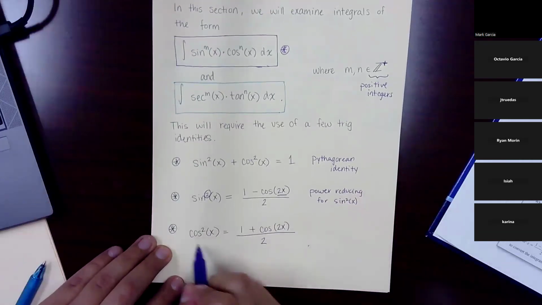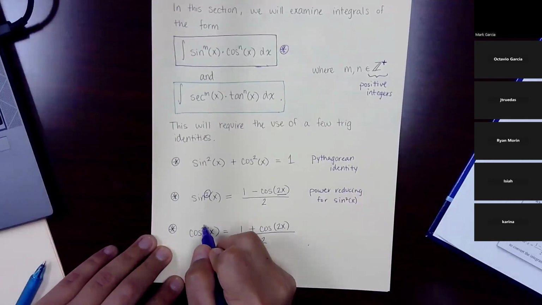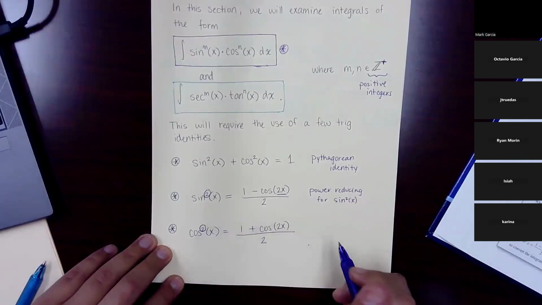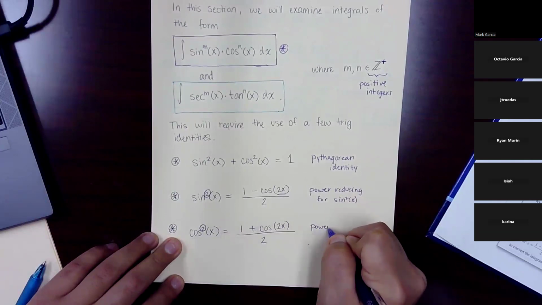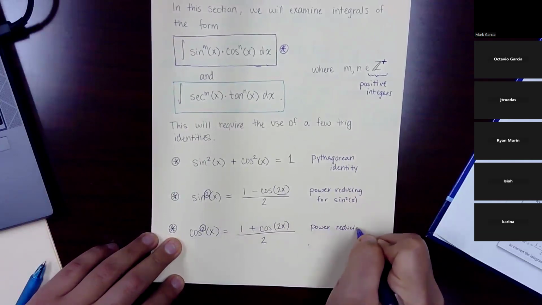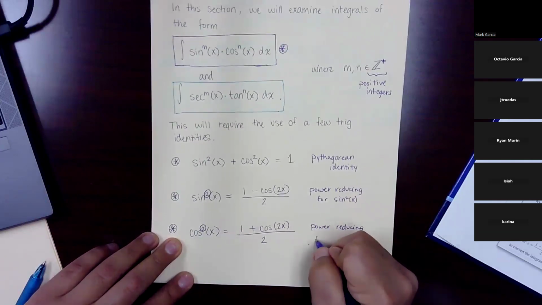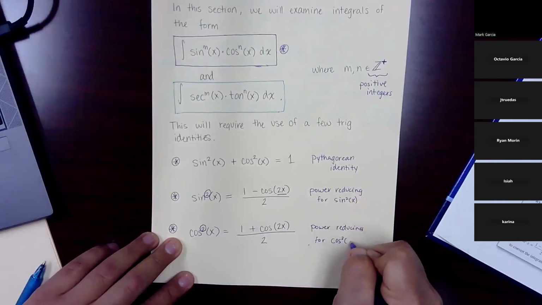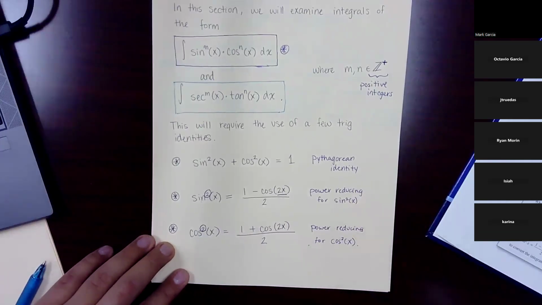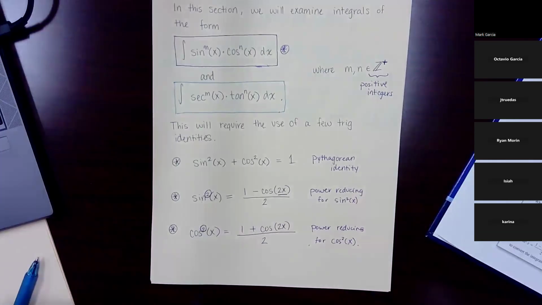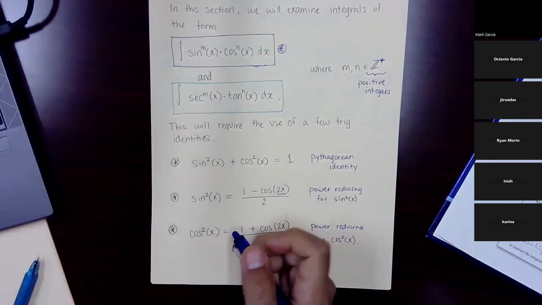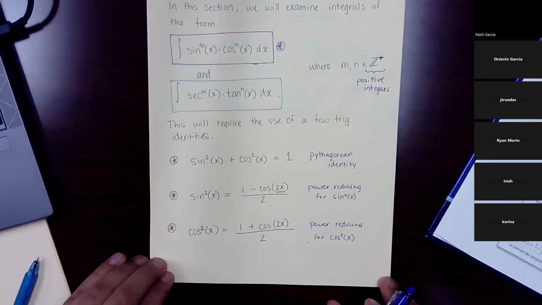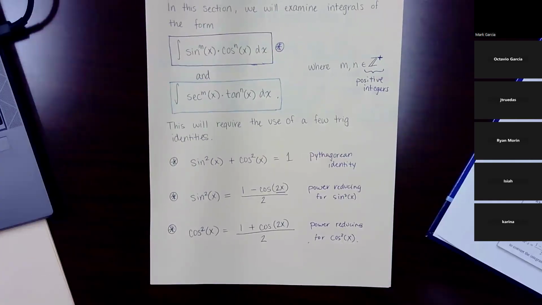And then this formula down here, we start with a cosine squared, and this is the power reducing formula for cosine squared x. I'm going to erase this so you can see the 2 a little bit clearer. Those three identities are going to be the workhorses